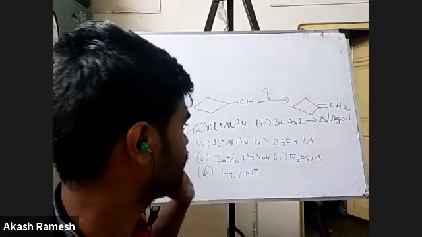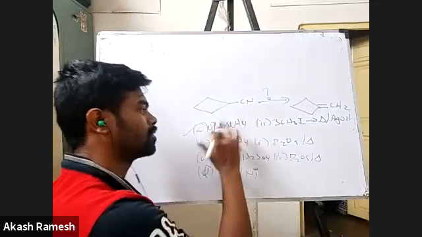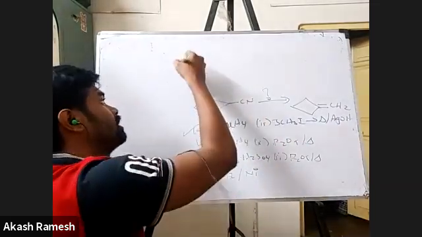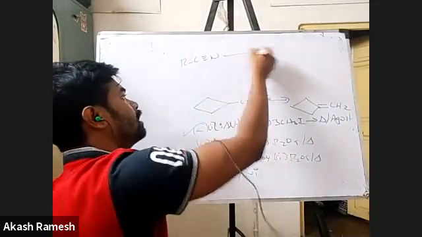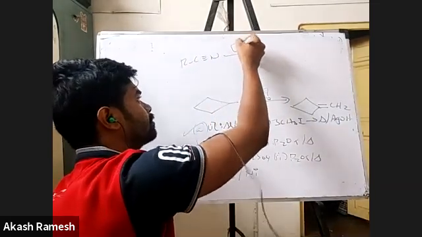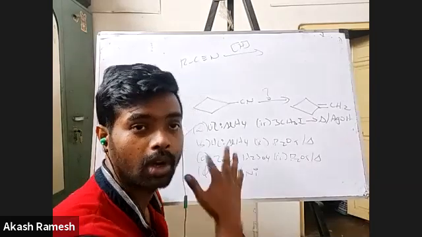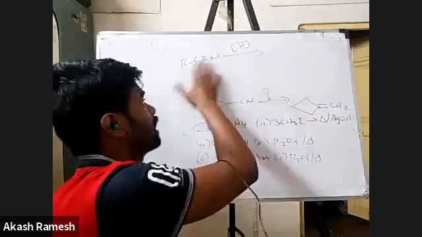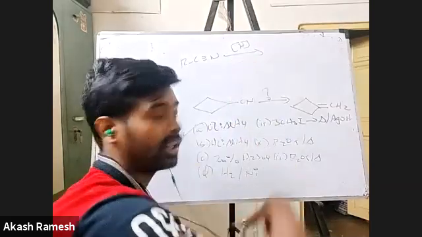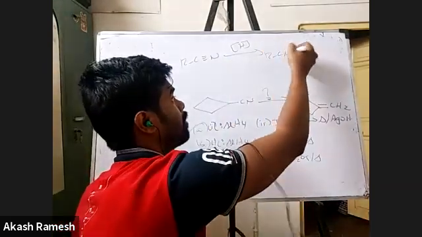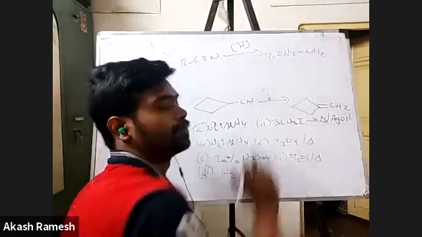Right. So please understand, people, the first reaction is very easy. I have RCN. If I go for any reducing agent, what will happen? You are going to form a primary amine. Basically, addition of hydrogen across the C triple bond N. That is what is going to happen. So I'll always form a primary amine as the product.